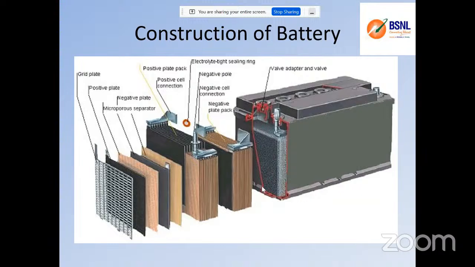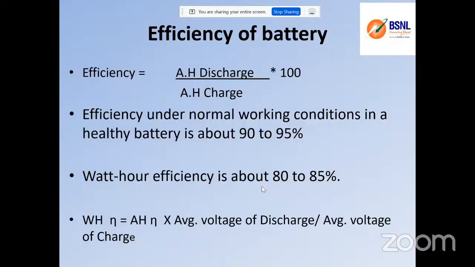So to reduce weight, and to get quick charging and more retaining capacity, new batteries are coming up in the future. How we maintain the efficiency of the batteries means how much it is discharging and how much it takes for the charge. So it is normally just output by input. The efficiency is normally designed to work at 90 to 95%. Watt hour efficiency is also another parameter. Watt hour means just in terms of power. Now in the case of electric vehicles, the batteries are rated in terms of kilowatt, not in terms of ampere hour.